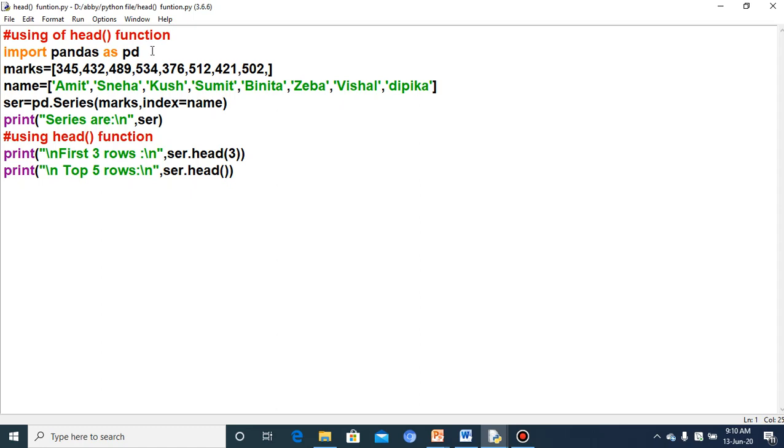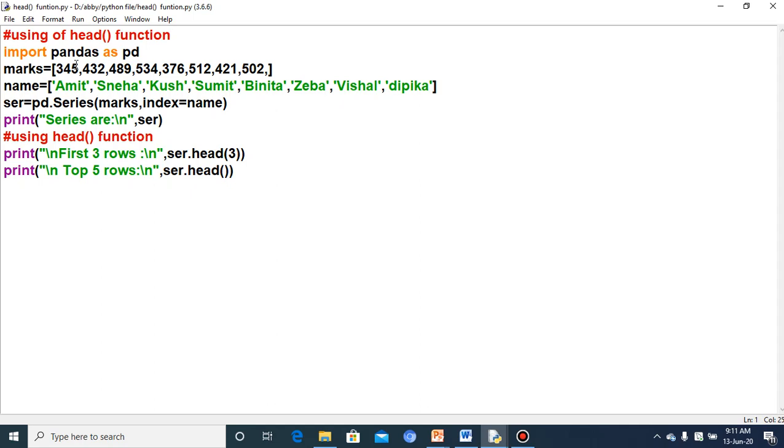Import pandas as pd as usual, because we are working on a series, so we need this statement. And marks equal to 345, 432, 489, 534, 376, 512, 421, 502. These are all the values for the marks sequence.